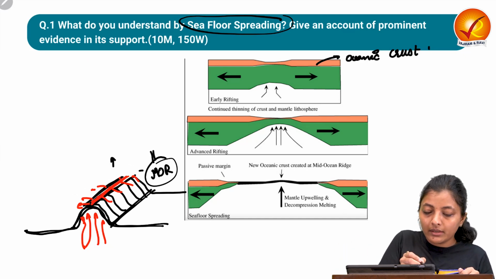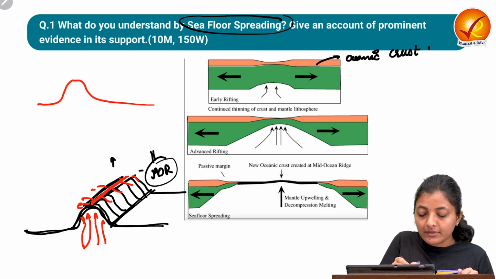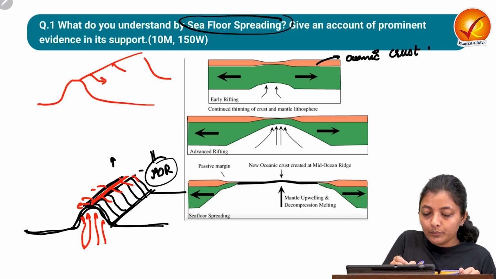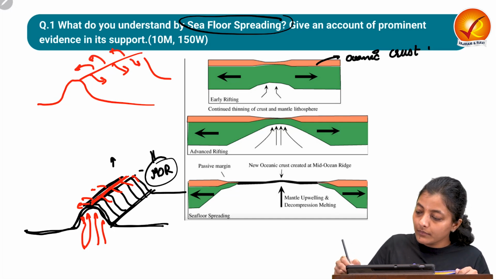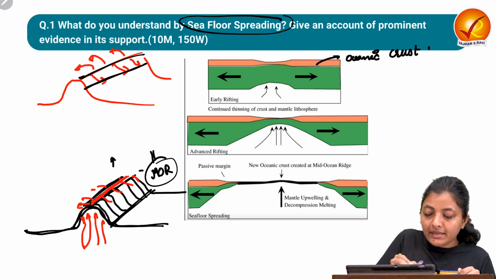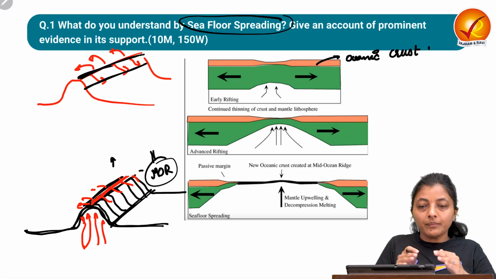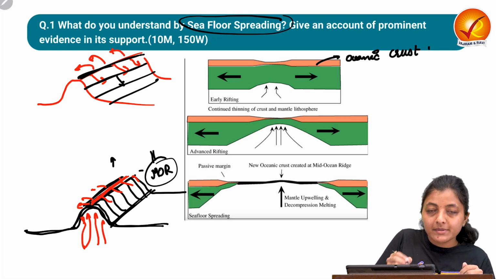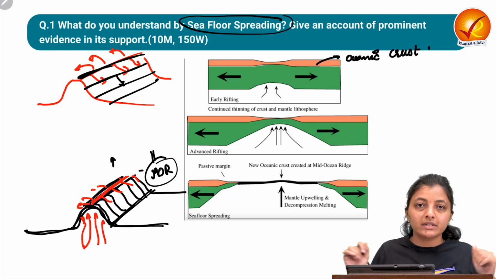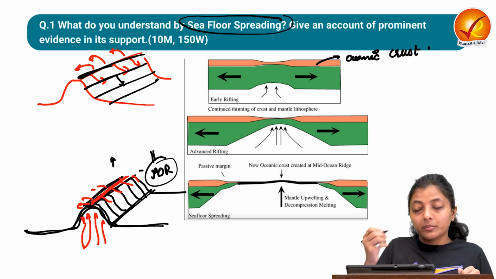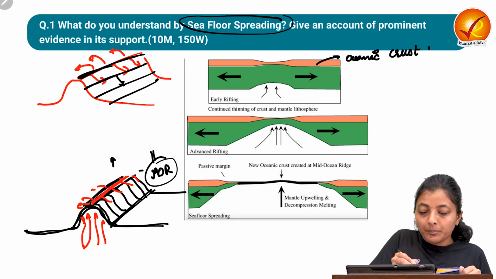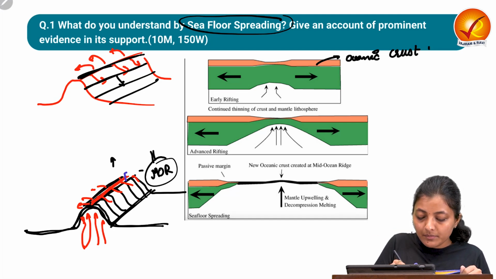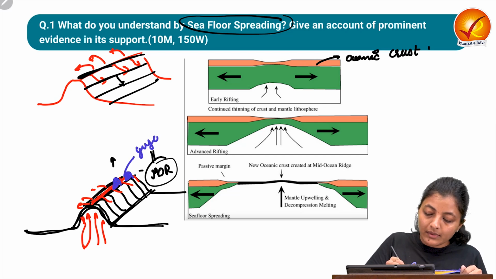Now, how does it spread out? This way, in both directions, one side on this and one side on this. The new oceanic slabs are created over here and on the opposite side also, and they push the older slabs on either side, outward. So there is the formation of different features on these mid-oceanic ridges also. Sometimes some features are created like volcanic mountains, like the guyots, etc.